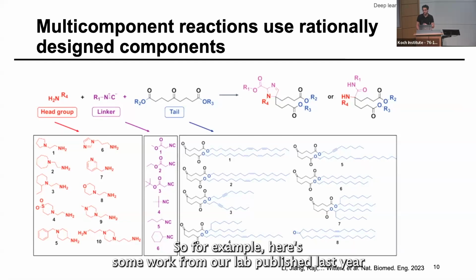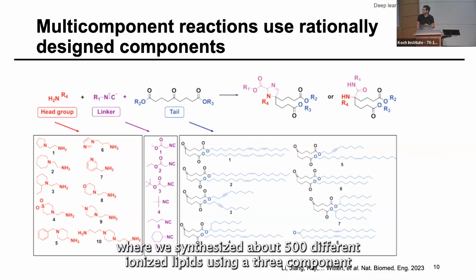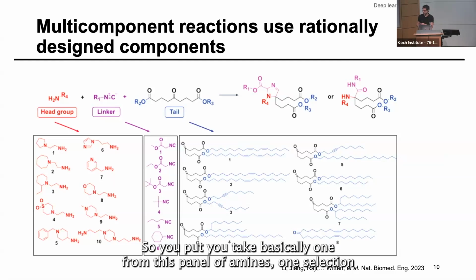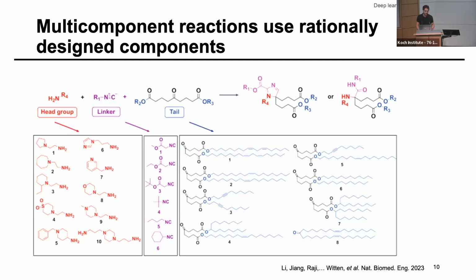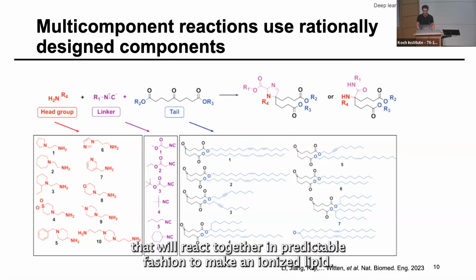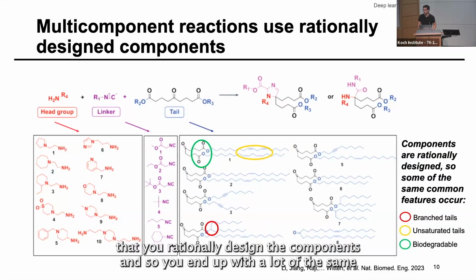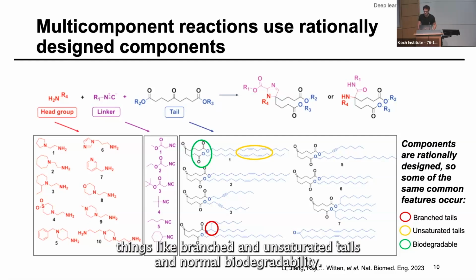For example, here's some work from our lab published last year, where we synthesized about 500 different ionizable lipids using a 3-component reaction between an amine, an isocyanide, and a ketone called an Ugi reaction. You take basically one selection from this panel of amines, one selection from the panel of isocyanides, one selection from the panel of ketones, and that'll react together in a predictable fashion to make an ionizable lipid. But the thing is that you rationally design the components, and so you end up with a lot of the same common features that you'll find in the rationally designed ionizable lipids,